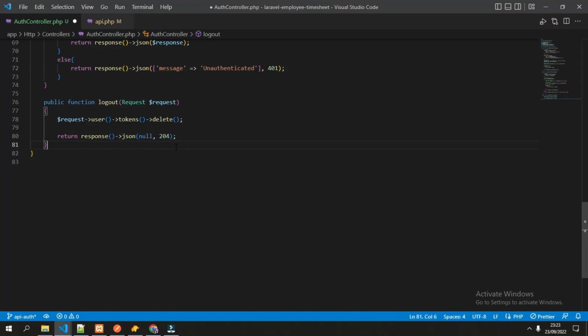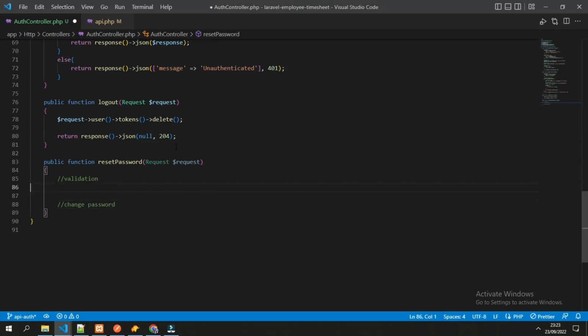And the last API for this controller is reset password. Let's create that, expecting a request object. What we will do in here is first the validation input, and then from the input we can change the password.